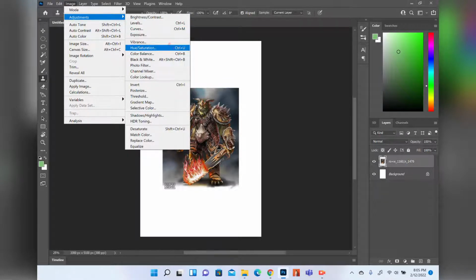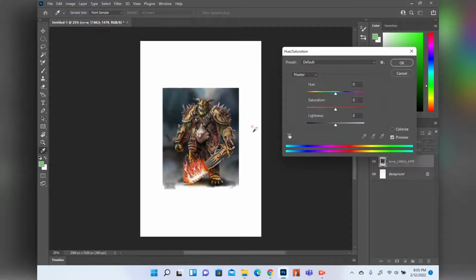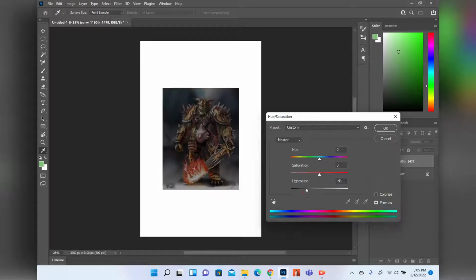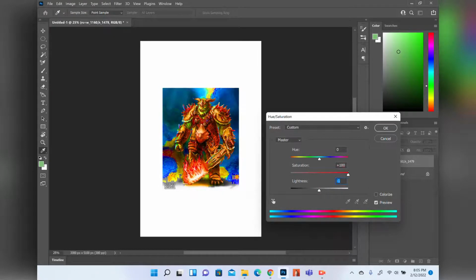Hue saturation, Control U, that's a common one that we'll use. So Control U is a good shortcut to remember. And here, of course, lightness, darkness, right? Overly saturate, woo, or desaturate, nice and moody, right? And then of course,